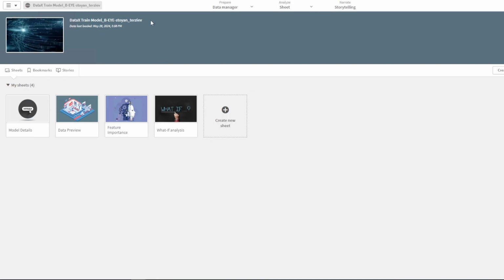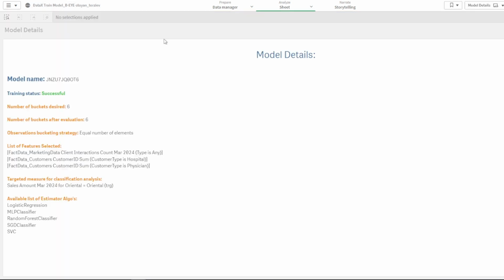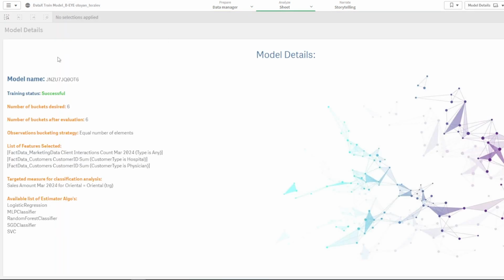Yeah, you can see my name over here. This highlights the fact that I'm the one who trained the model, so I can use it as an application. I can do whatnot with it, or I can even delete it or discard it if I don't like the results. Now, if I start from the model details, it gives me a lot of information for what is happening